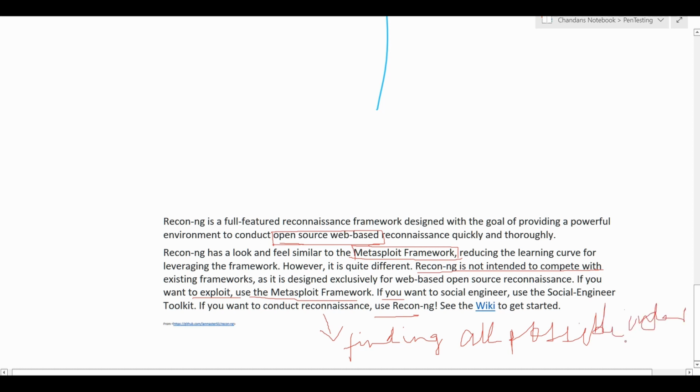Today, I'll give a tutorial on how we can use Recon-ng for finding information, and how the commands work with the help of Kali Linux. So let's go to Kali Linux.